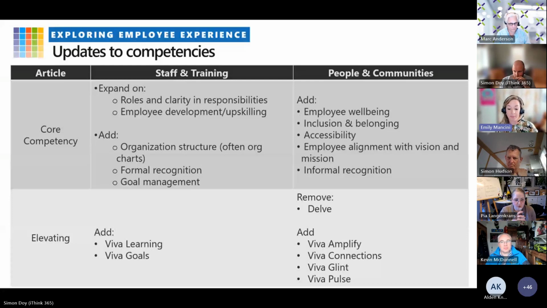And there are some big gaps that we're going to need to fill for people who are less comfortable in that tech skills gap. But also, as we do things faster with artificial intelligence, that doesn't necessarily mean that Copilot also gives us infinite cognitive currency and energy. So when we talk about staff and training, people and communities, employee experience, we're actually talking about work-life balance. And that is going to greatly shift as we're able to do more in less time. How do we spend our time? How are our days broken up?